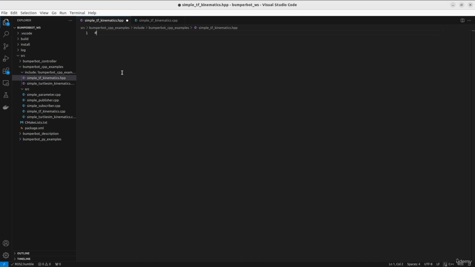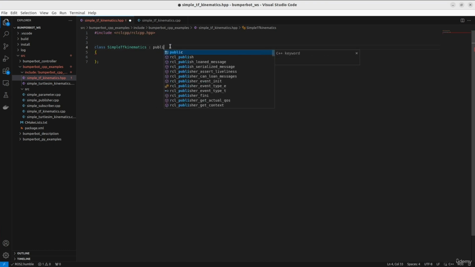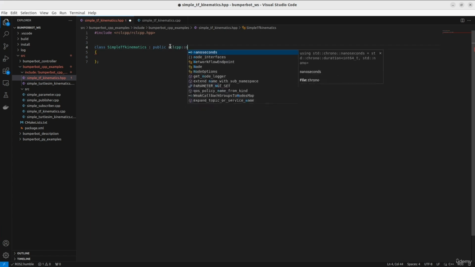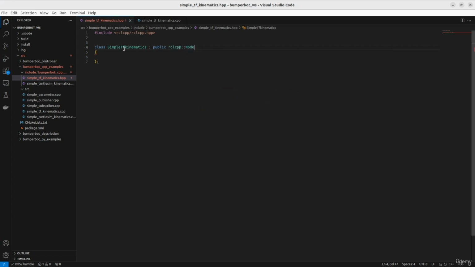In the header file, let's start by including the rclcpp library, and from this one let's use rclcpp.hpp. Then let's define a new class called SimpleTfKinematics, and let's make it inherit from the rclcpp::Node class. So basically this class here implements a ROS2 node. Among the public methods of this class,